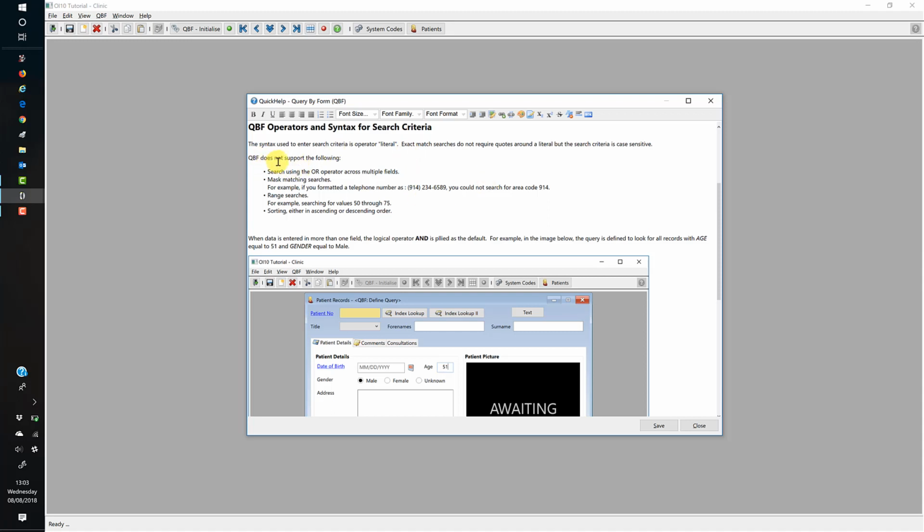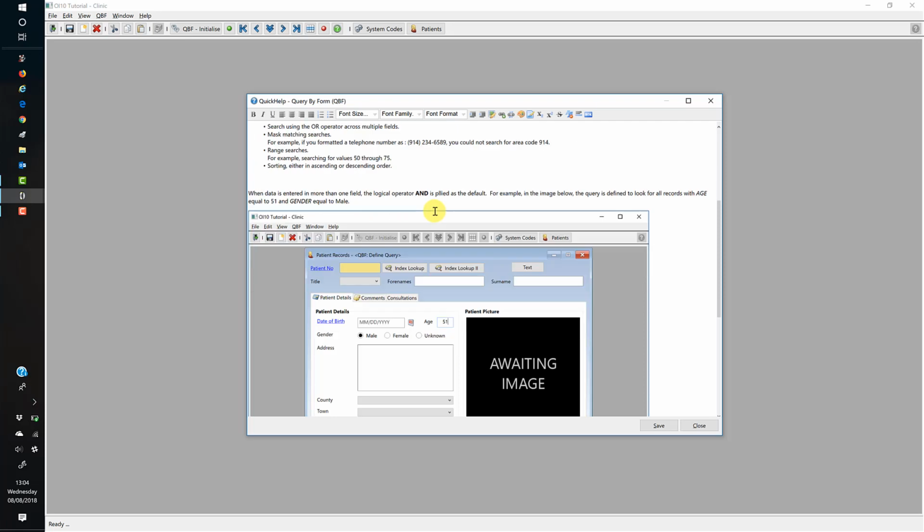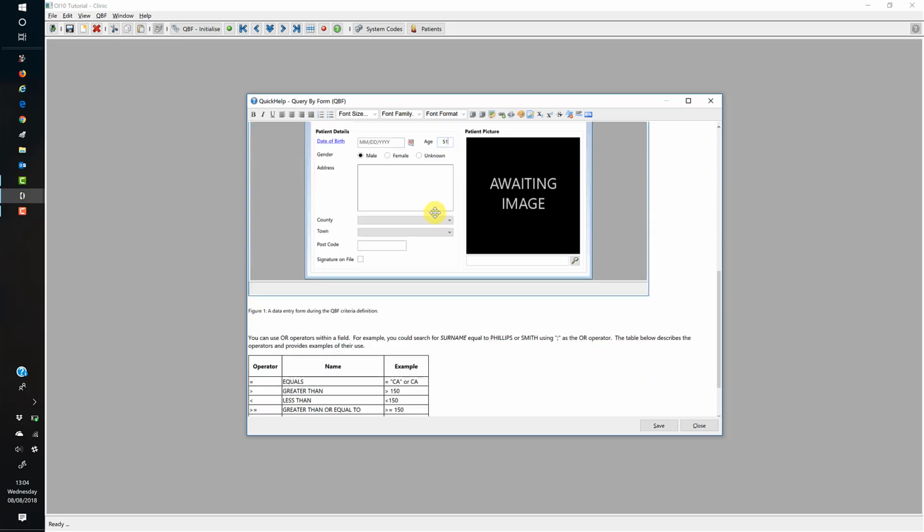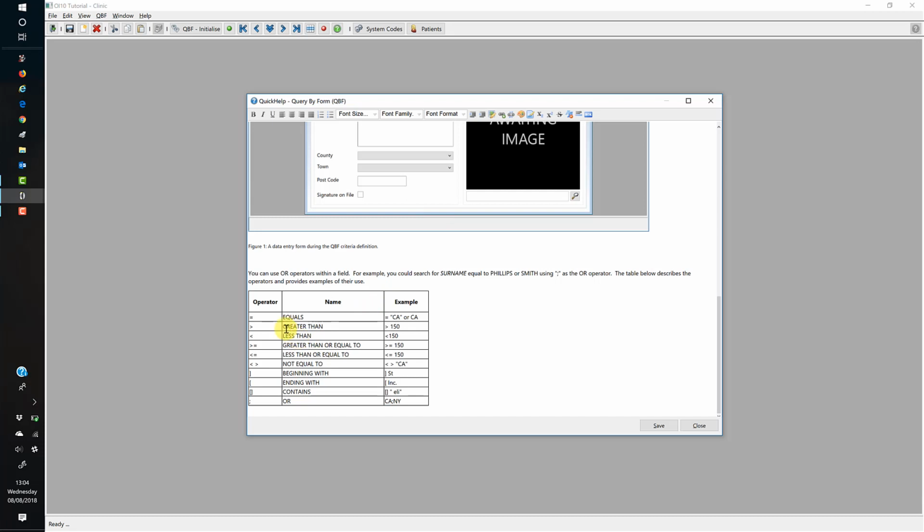So there's a few things that QBF doesn't do. You can't have the OR, so you can't have age 51 or surname Phillips. It doesn't work that way. You can't use match mask searching, so part of a phone number or something like that, you'd probably use an index lookup for that. And the sorting is either in ascending or descending order. But what you can do is you can use these operators. So equals, so something is actually equal to CA or state CA. You've got a greater than,